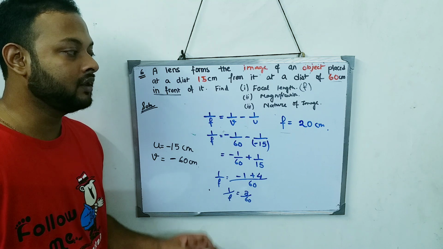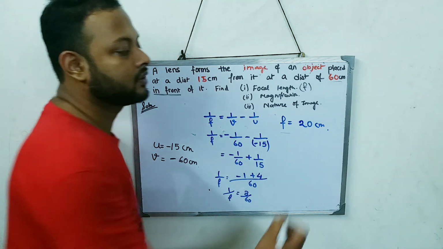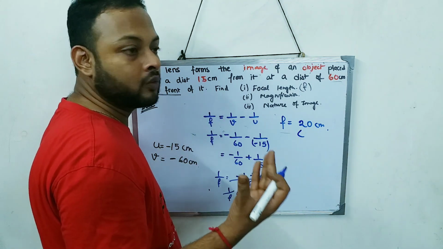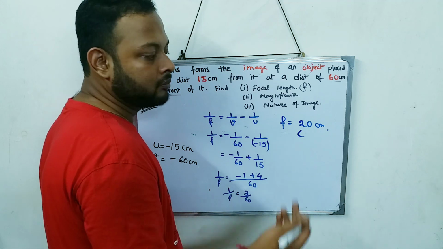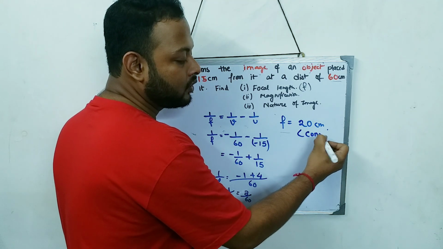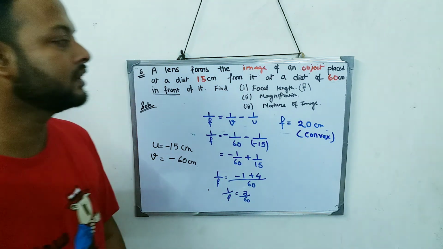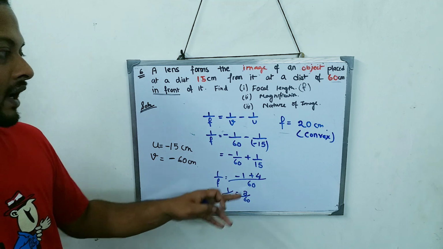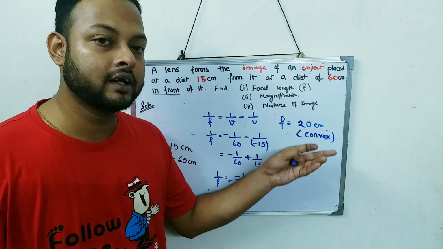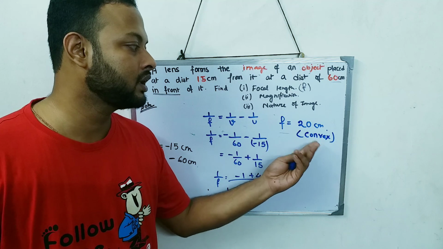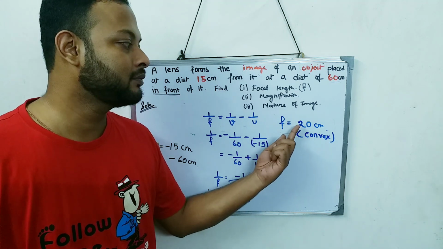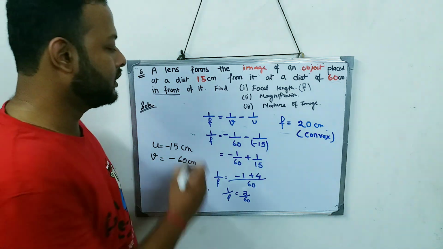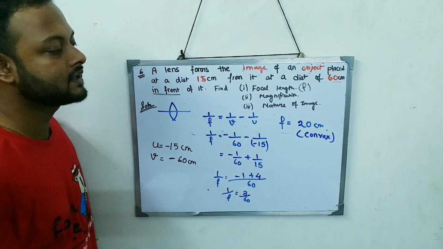Now as my focal length is 20, that means what? That is positive. And as you know, it is positive, that time only you should know what kind of lens it is. A positive focal length means it is a convex lens, which is very easy to get from this question. As I know the focal length is positive or negative, based on that I can determine whether I am using a convex lens or a concave lens. As I am getting focal length as positive, that's definitely a convex lens. So my lens is something like this, convex lens.